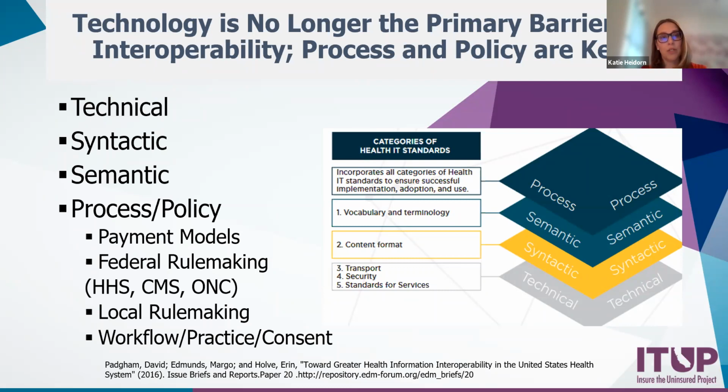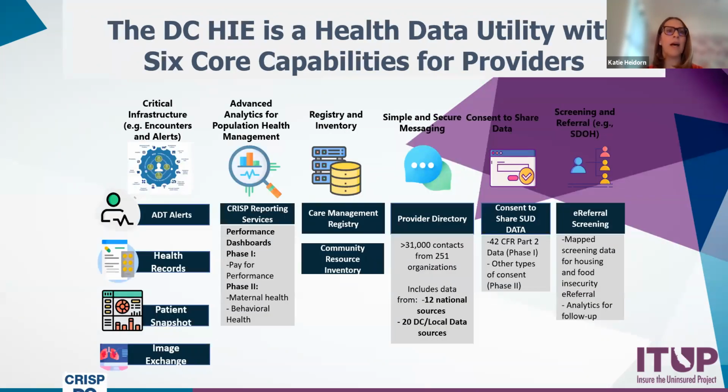They run a regional exchange with Maryland and I believe Virginia together. And they similarly had, you can see here, I really liked this graphic: process, semantic, syntactic, technical. These are all big words, but it essentially is a similar process to what Michigan went through. You got to get all of your standards together, the process, you got to get your vocabulary and your terminology, everyone aligned. Then you got to figure out what you're actually sending, the content format, and then you got to protect that data.